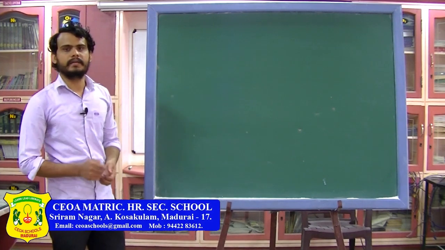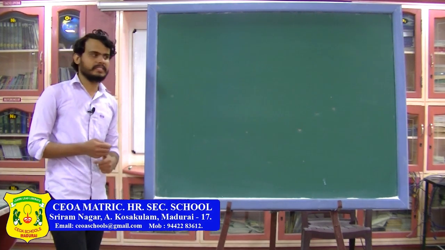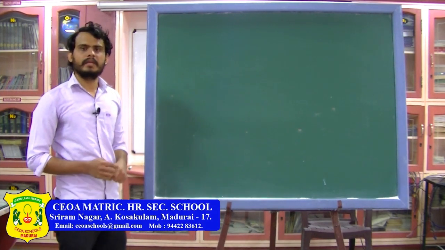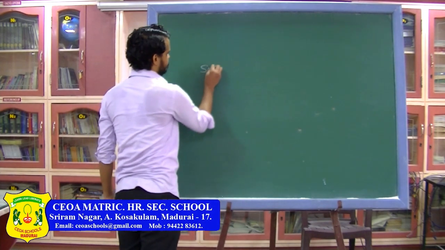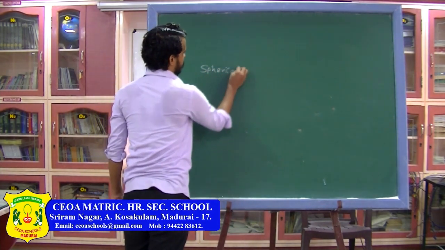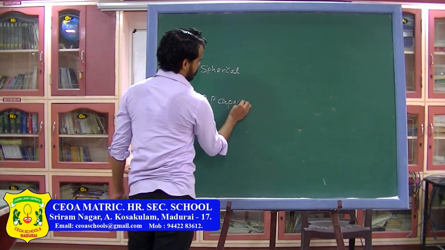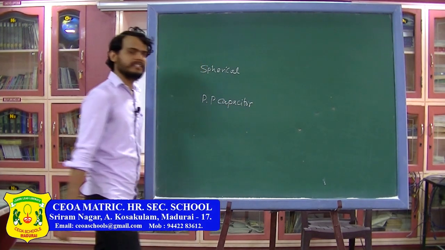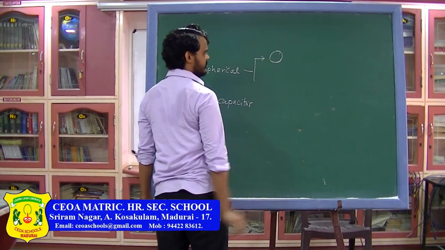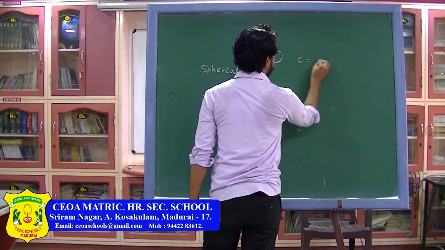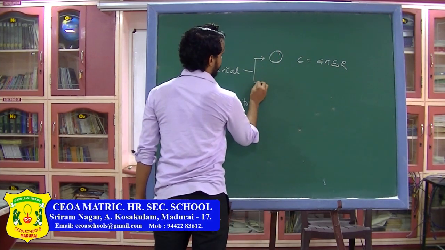Morning students, in the previous class we defined capacitance, then we saw a device called a capacitor. Then we also saw two types of capacitor, one was the spherical capacitor and another was the parallel plate capacitor. In a spherical capacitor we saw two types, one was the isolated conductor. For an isolated conductor the capacitance was 4 pi epsilon naught R. And another was the enclosed conductor.